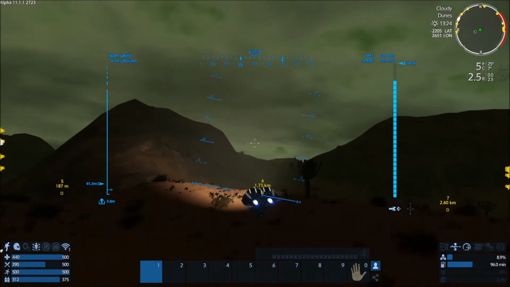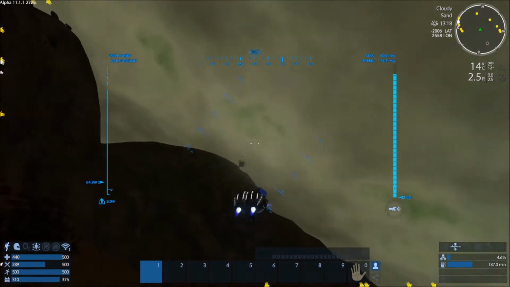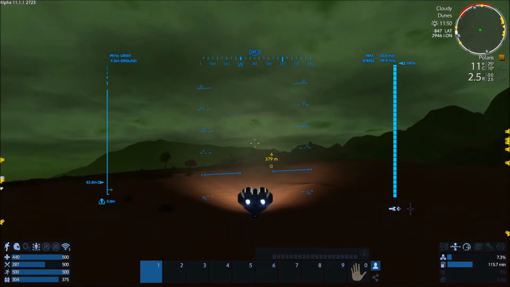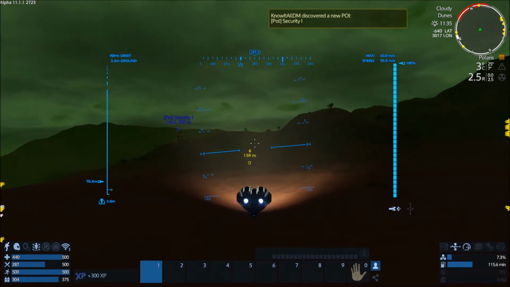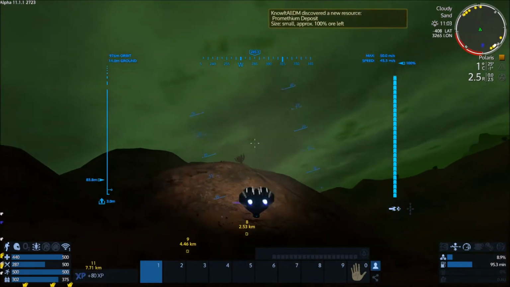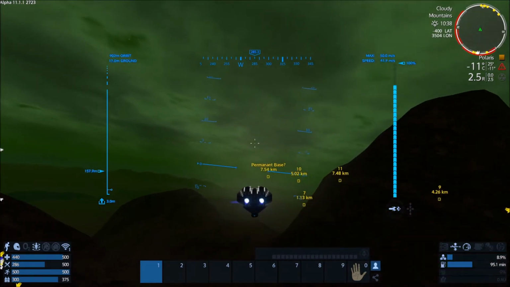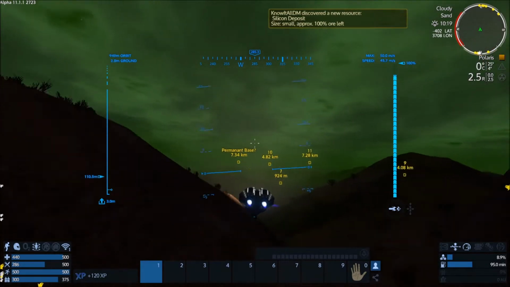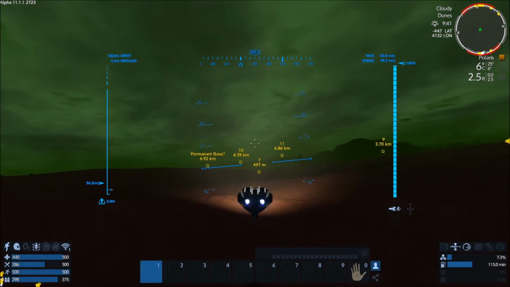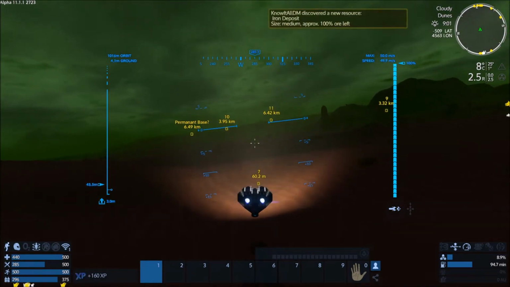Okay, I think I just passed 5, didn't I? 5 over here. Okay. Now we're heading out to 6. We're in Polaris territory at the moment. All right. 7 is out this direction. There's a silicon deposit. Is that one in Polaris territory? I got a feeling there's a lot of silicon deposits in Polaris territory. Yeah, so I think once we find all the silicon deposits, I'm gonna have to